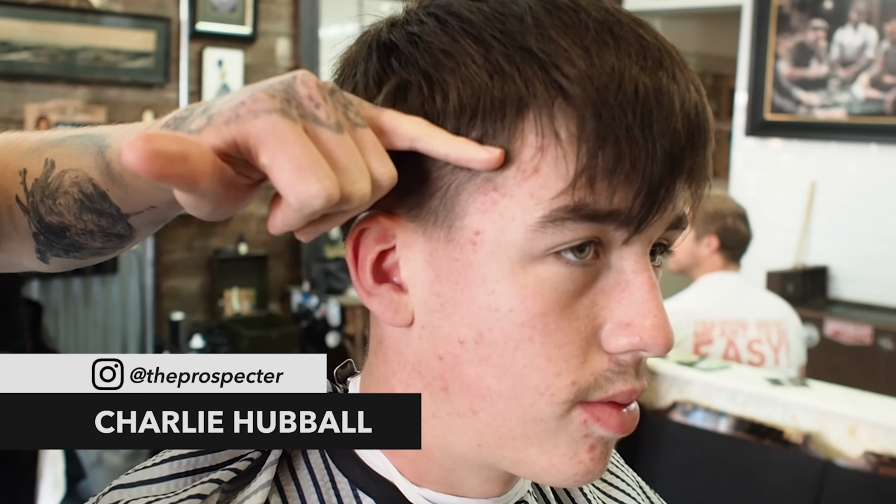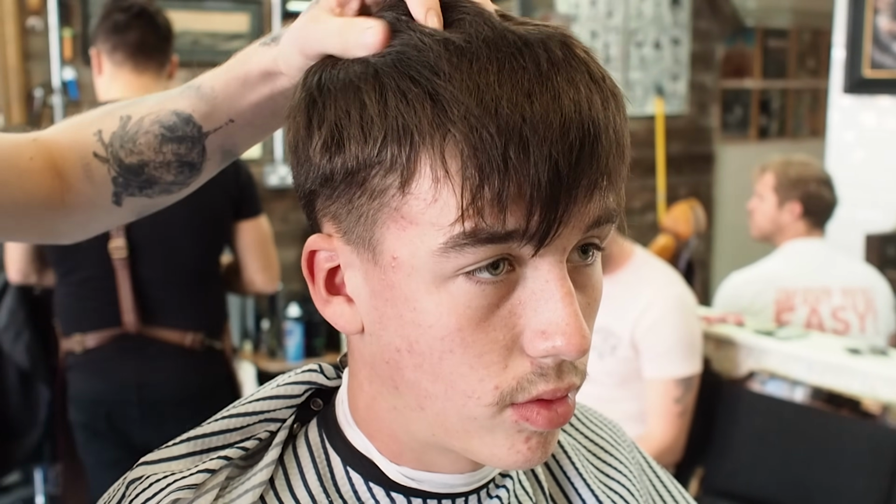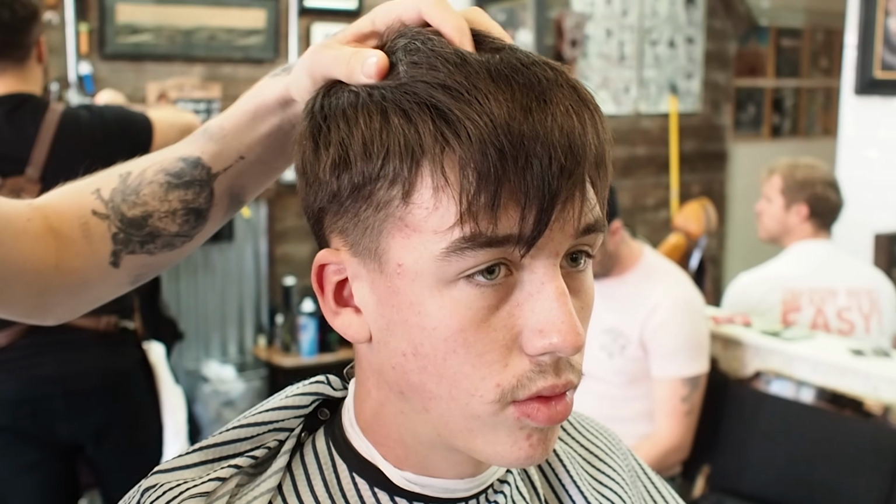Sweet, we're going to be doing a high skin fade. Probably take the zero just above the temple here, and we're just going to fade up. And then with this whole top, we're going for like a frop, just add a lot of texture. Probably won't be taking that much off the fringe, but we will be taking a fair bit off the back